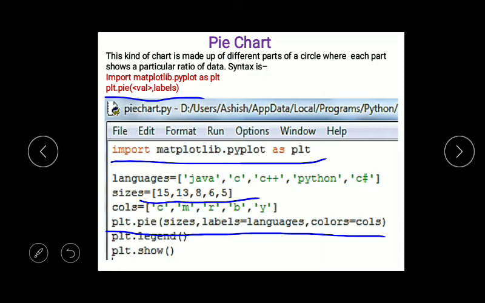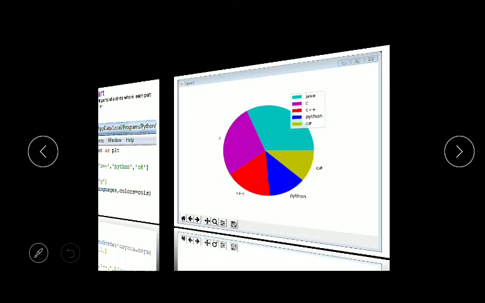Then colors equals the color values. Then plt.legend, now we are calling legend, it will show which color or which part represents what language. Then call the show method, it will display the chart on the monitor screen. Okay, now look at the output. See the output here.